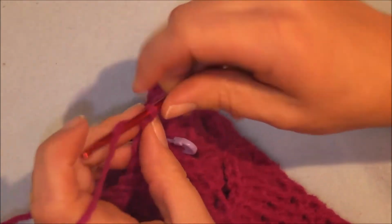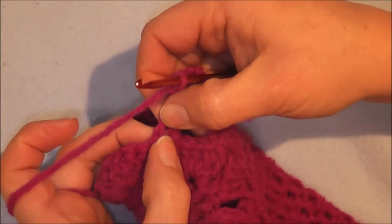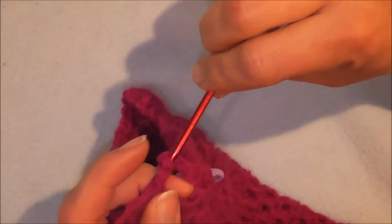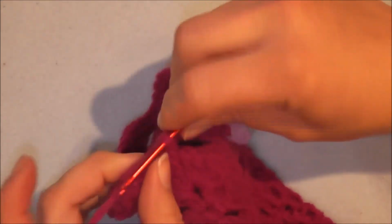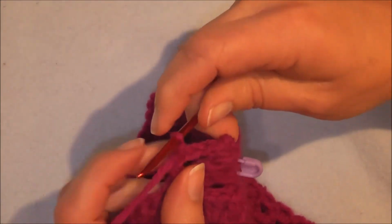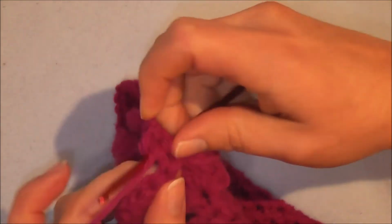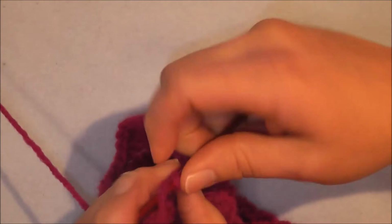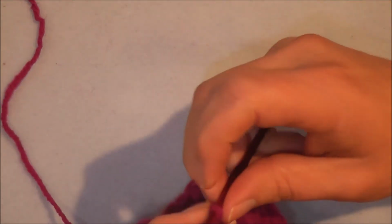So what we're going to do is chain 3, and into our half space here we put our V stitch. Oops, there we go, 1. Don't know, why is this all of a sudden starting to split? It's annoying. Right, and another half double crochet, chain 3, single crochet in the tip, chain 3,